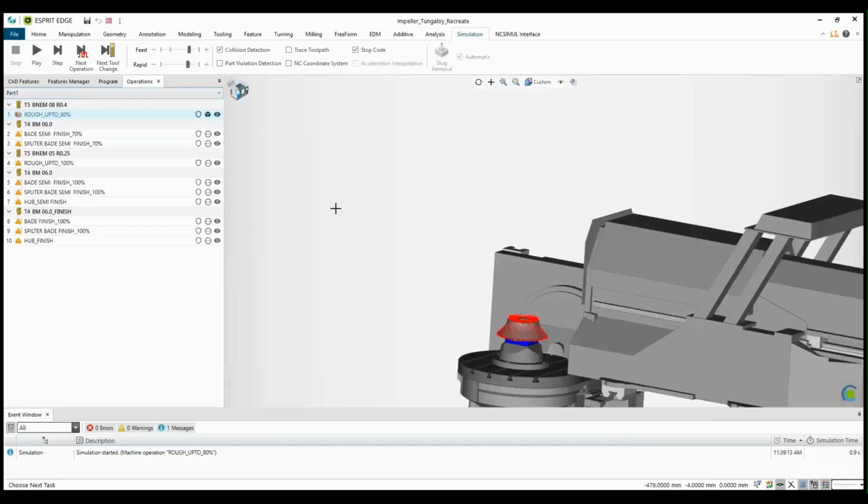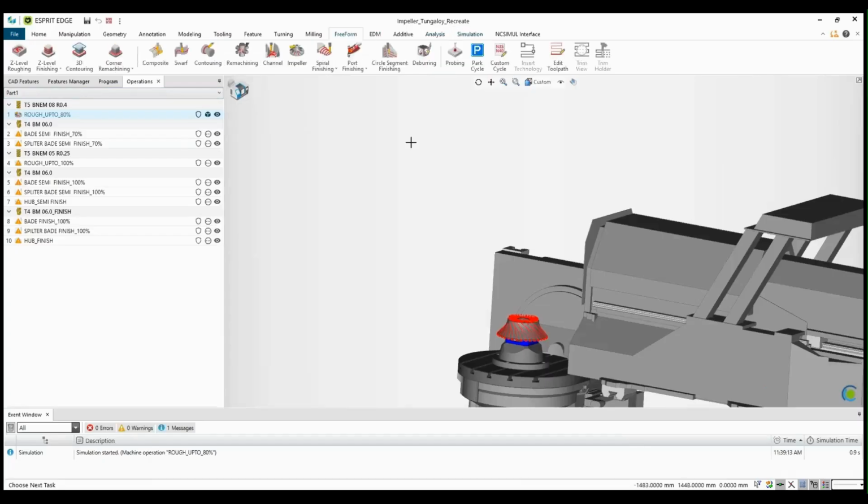The main intention is to show the capabilities of ESPRIT Edge, and what options are available inside ESPRIT Edge to get your 5-axis toolpath done very easily. And one more thing, ESPRIT Edge is not only for 5-axis, but also for multitasking machines, when people have double turret machines, double spindle, main spindle, sub spindle, lower turret, upper turret. In that perspective, ESPRIT Edge is also very strong when it comes to toolpath creation, and also the post